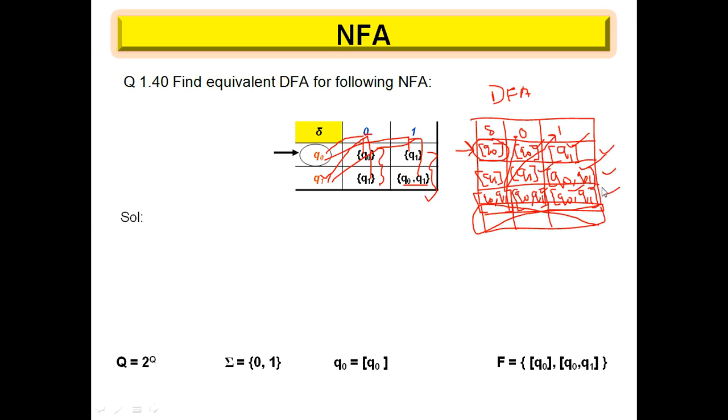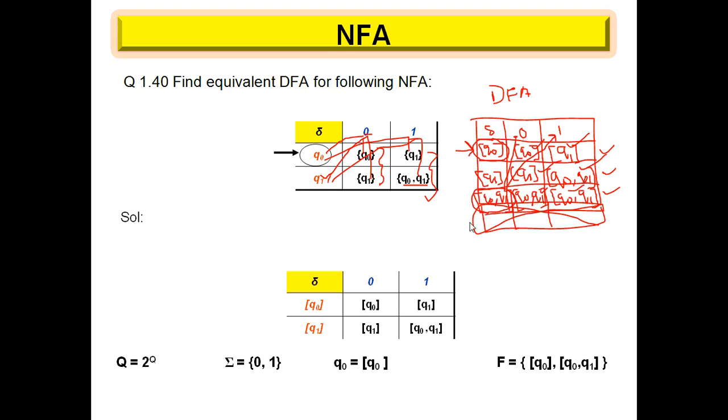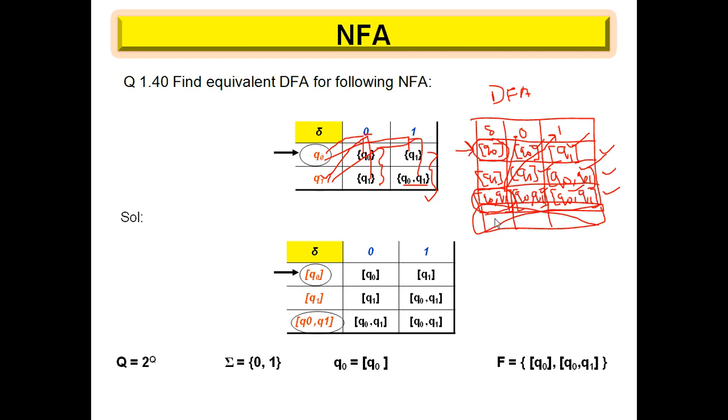But obviously we have to put this Q0 as a final state also. So Q0 is also there. Here we can see Q0 is there. So wherever this Q0 is present, because it is a final state, we will have to make that state a final state. Okay, now let's see the final table, what we have. So see, we have this one. And this is how we are going to construct this DFA.